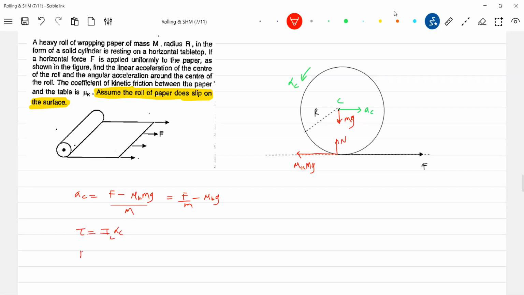So what is the torque? F into R minus mu k mg into R is equal to, this is like a solid cylinder, no? So mr square by 2 into alpha c. Okay, see, so the thing is, what is alpha c further? F minus mu k mg by